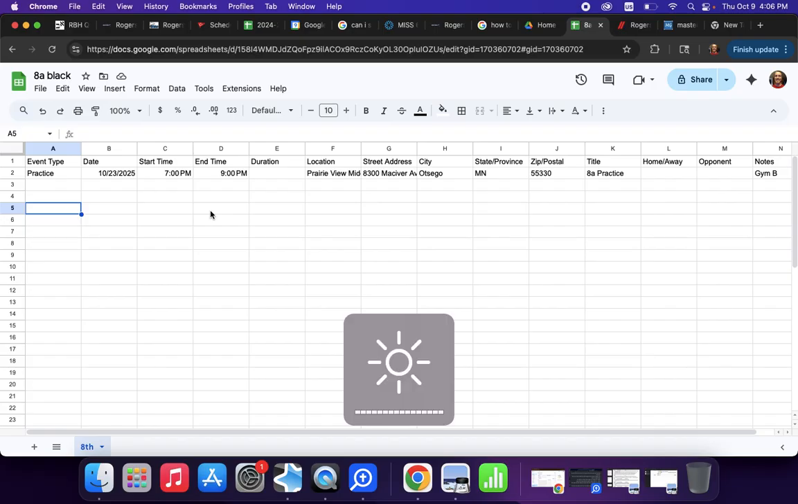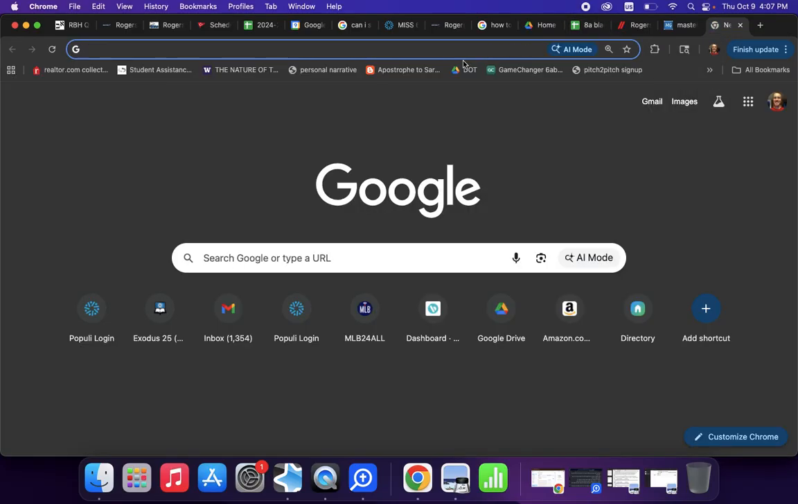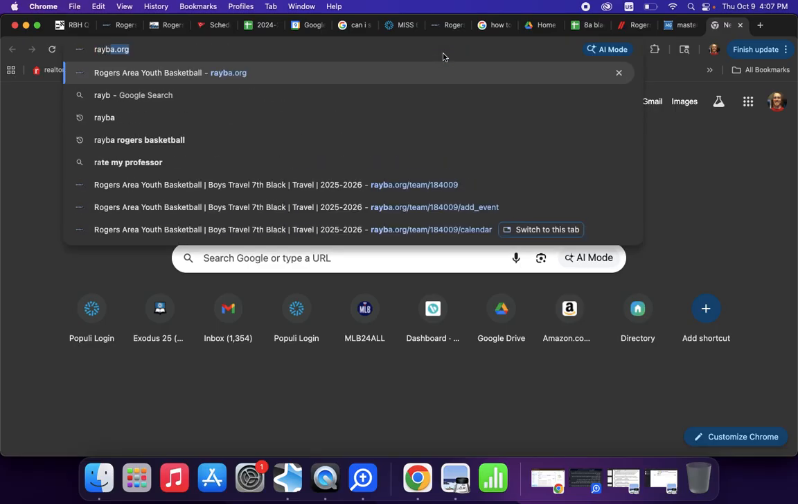All right, coaches or managers, hopefully this is helpful. I'm going to show you how to import your entire practice schedule for the whole year, assuming things don't change, onto your Crossbar. So you don't go to Crossbar, you go to RAYBA.org,